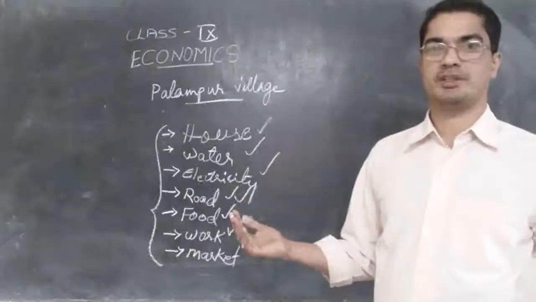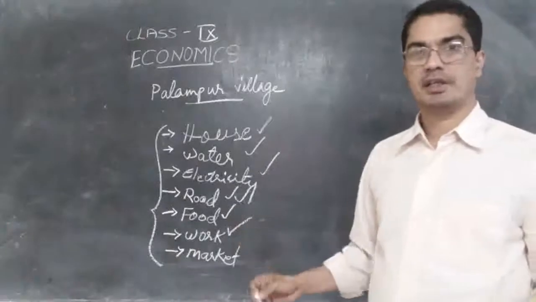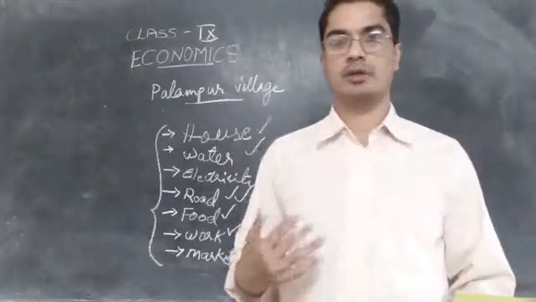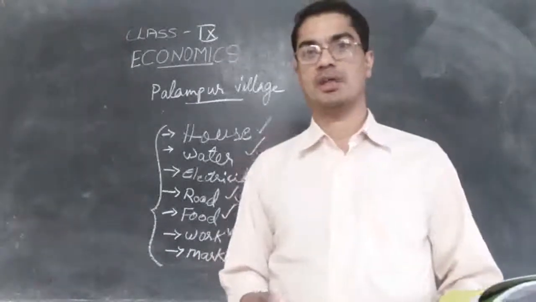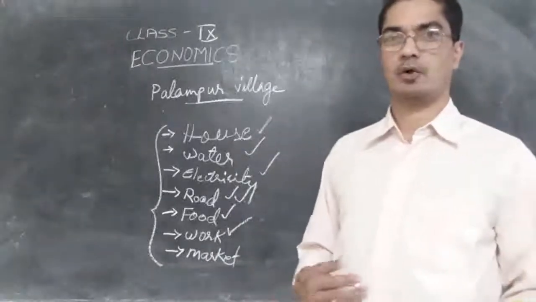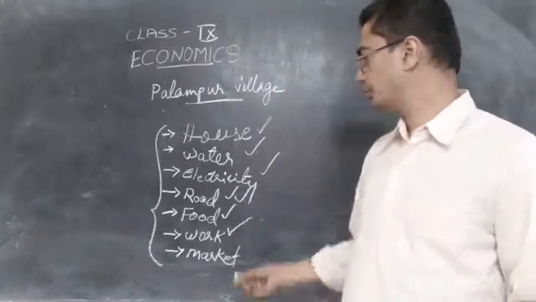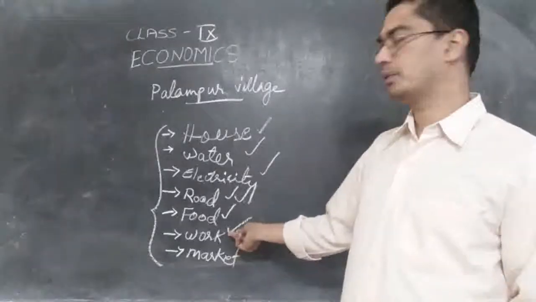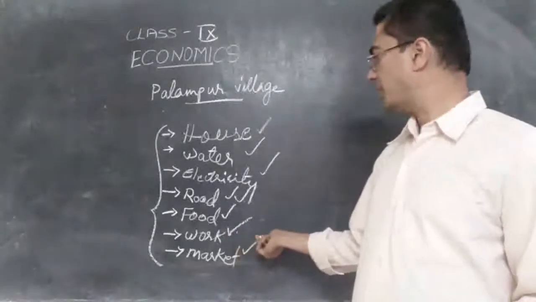If there are plenty of places there, at least they can do the cultivation. They can do farming. Otherwise, they will be simply sitting all day, and there will be no income, and all will start starving. So there should be enough work for the people. Then, as I said,